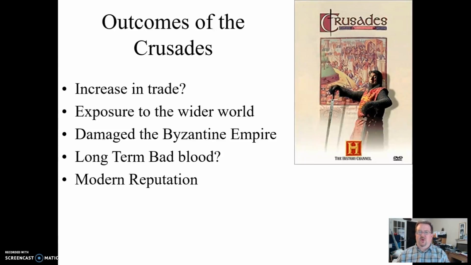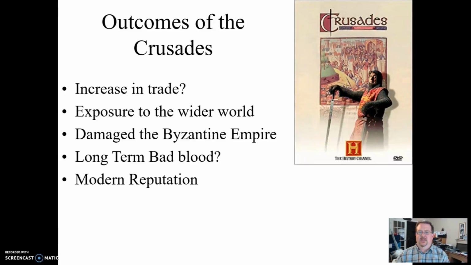Now, some historians have argued that there was an increase of trade because of the Crusades, that Crusaders got a taste for things like cinnamon. And that may or may not be true. More recent studies have debated this at great length, and it may not actually be true. It is true that Europeans had more exposure to the wider world, and it did definitely damage the Byzantine Empire. But another big